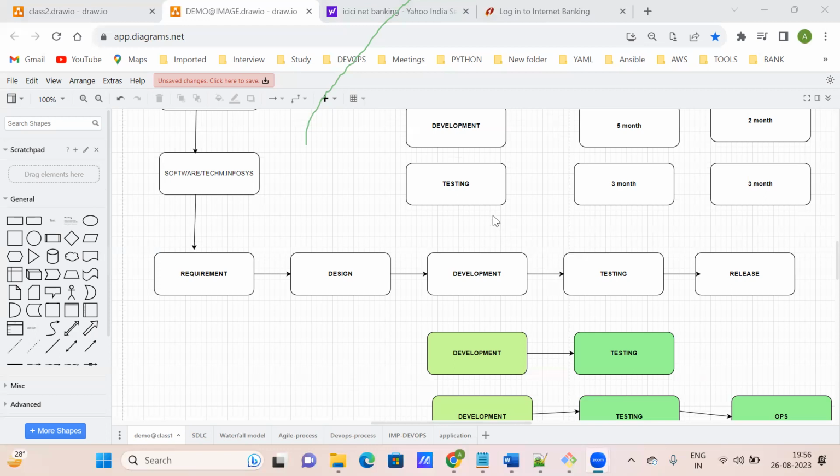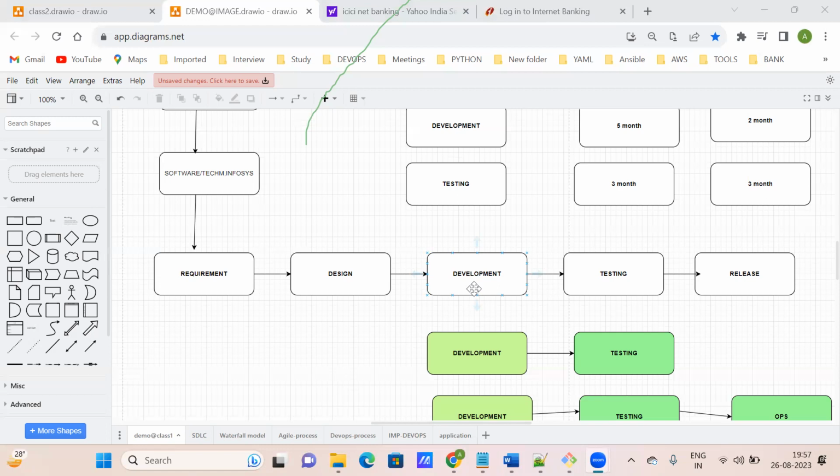So in the agile process, development and testing people work parallelly to make their project a success. In the agile process, there is Scrum and the sprint. In a sprint, they take about 21 days to complete one module or one feature.